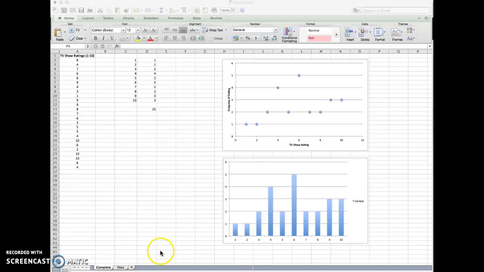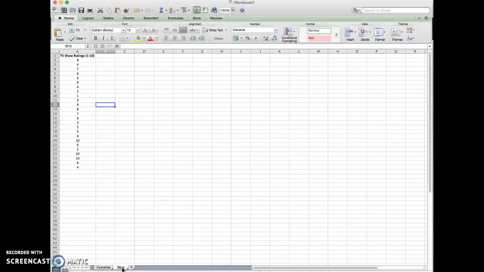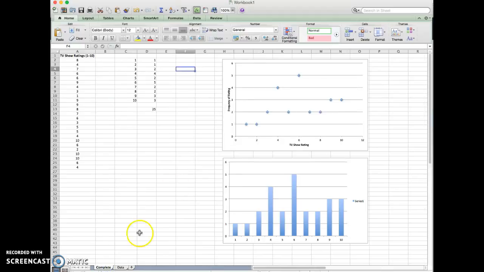Hello everyone. Today we'll be learning how to make a dot plot and histogram on Excel given a set of data like this one. When you open up your assignment, your data will start out like this, but after this video you will be able to turn it into workable data like this and turn it into a dot plot